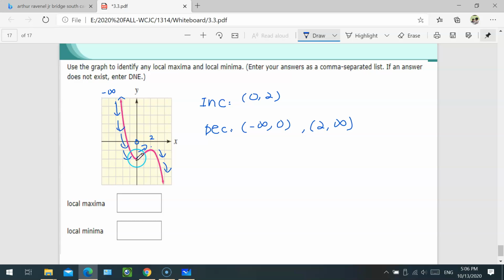Local maximum, this is a local maximum. How can you find a local maximum? Look at your y value. At this point, your y is equal to negative 2. Local minimum, sorry, let me start over. This is a local minimum. Finding the local max, this is a local maximum. So this is negative